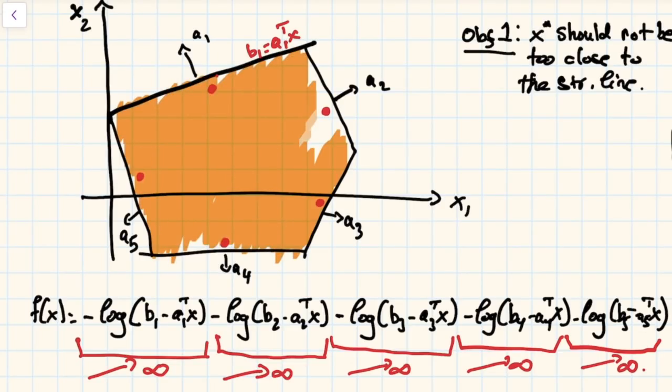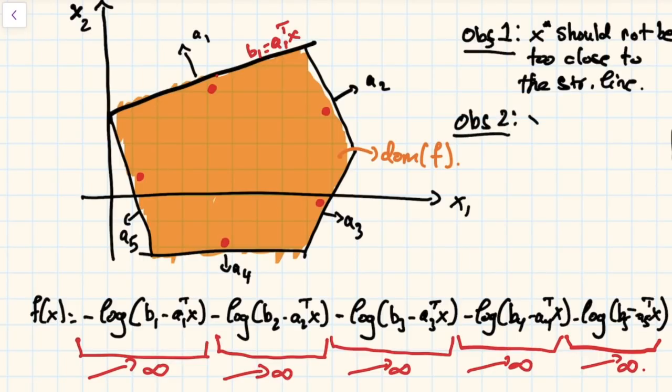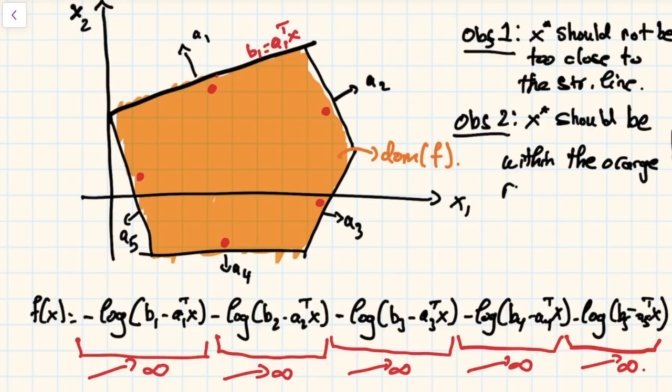All this area right here. So this is the dom of f. Okay, so observation 2 is that x star should be within the orange region. So 1, it should be not too close to each and every line, and 2, within the orange region. And that's why the best place to put it is at the center. And this is what is referred to as the analytic center